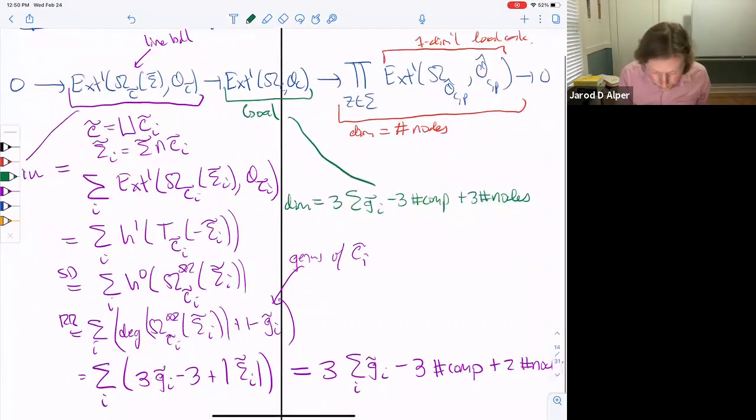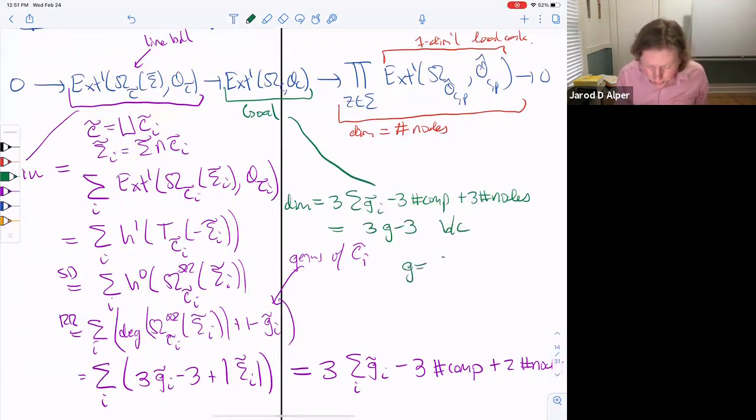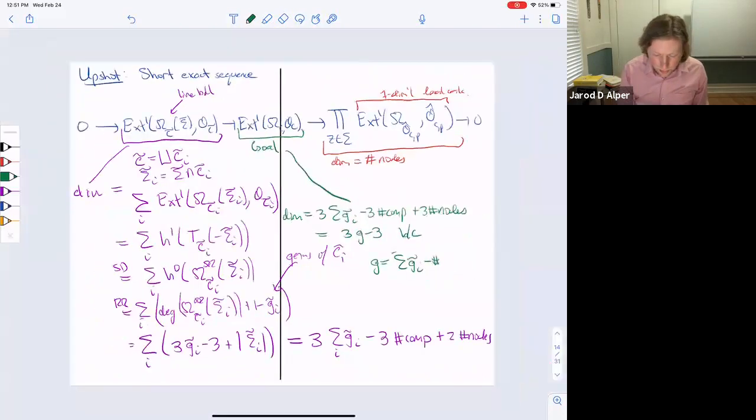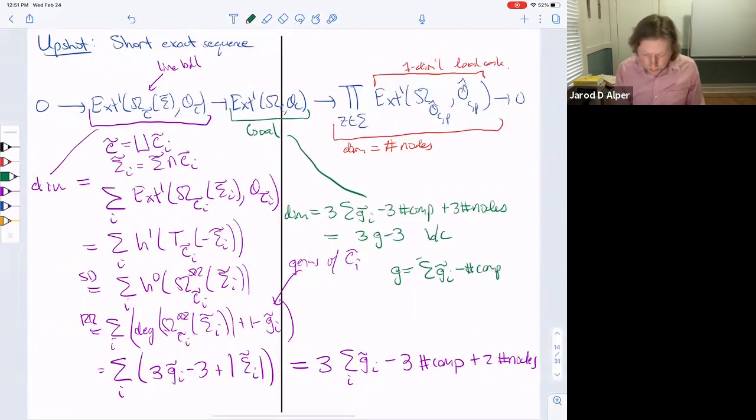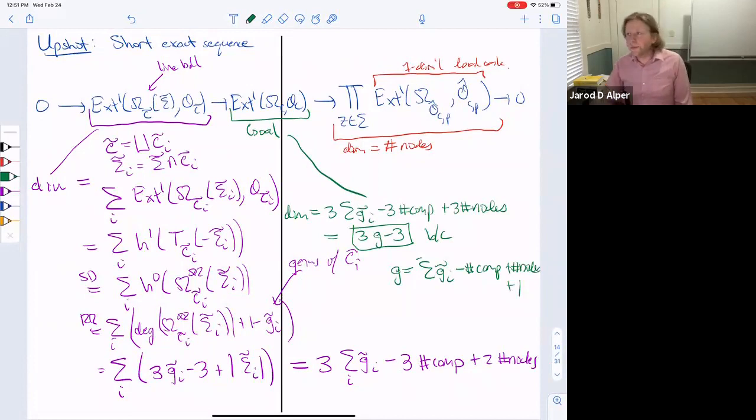And then, by the genus formula, this is 3G minus 3. Because by the genus formula, G is the sum of the G tilde I's minus the number of components plus the number of nodes, and then there was a plus 1. So I think everything works out and you get 3G minus 3. And so this gives us the dimension of M_g bar even over the locus of stable nodal curves. I'll end